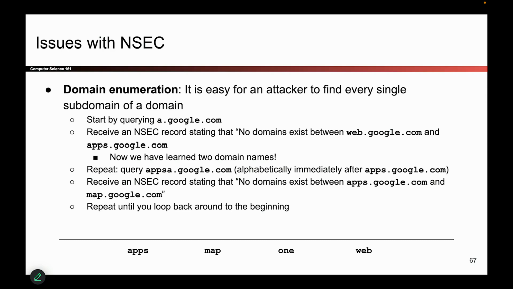So another counter-argument might be to say it's OK to leak domain names. You're not supposed to rely on domain names for security. If you really wanted something to be secure, you would protect it behind a password. You wouldn't just leave it at a domain that you hope people don't find. So both of those are valid arguments. Which one you like better is up to you. Some people say it's OK to leak domain names. Some people think it's not OK. That's up to your design. But NSEC as designed does allow domain enumeration.